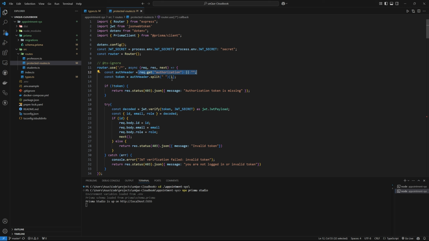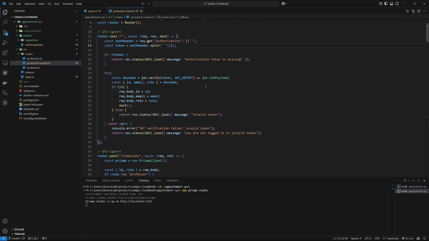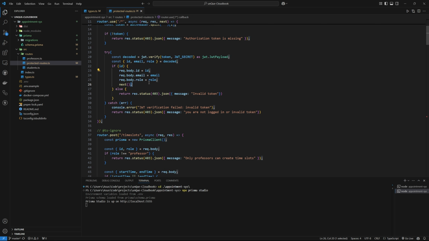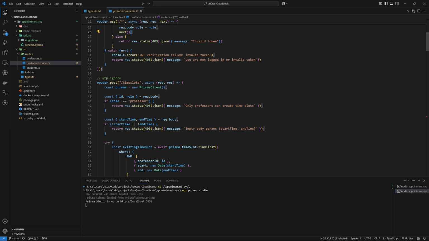I'm using the Bearer authorization token format, so we split it and take the second part of it. If the token is missing, then we just pass a 403 response, and decoding the token with the JWT secret gives ID, email, and role,